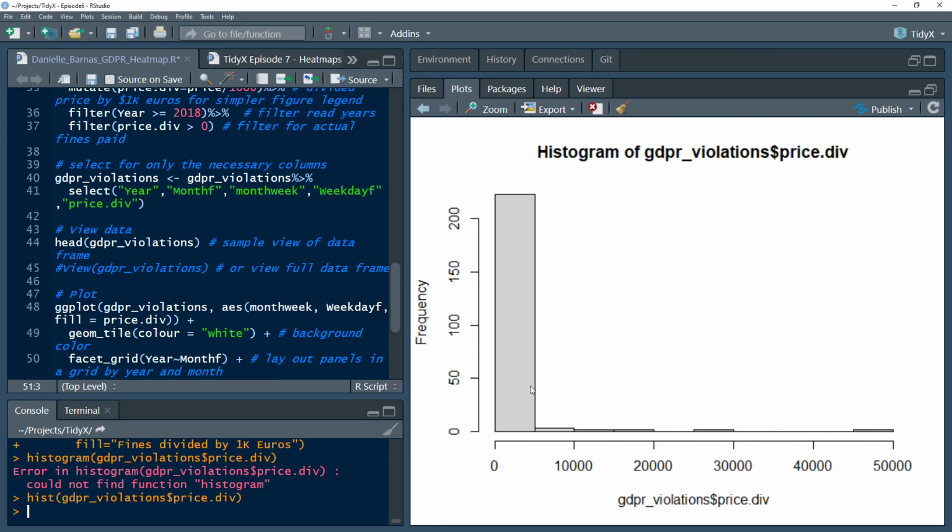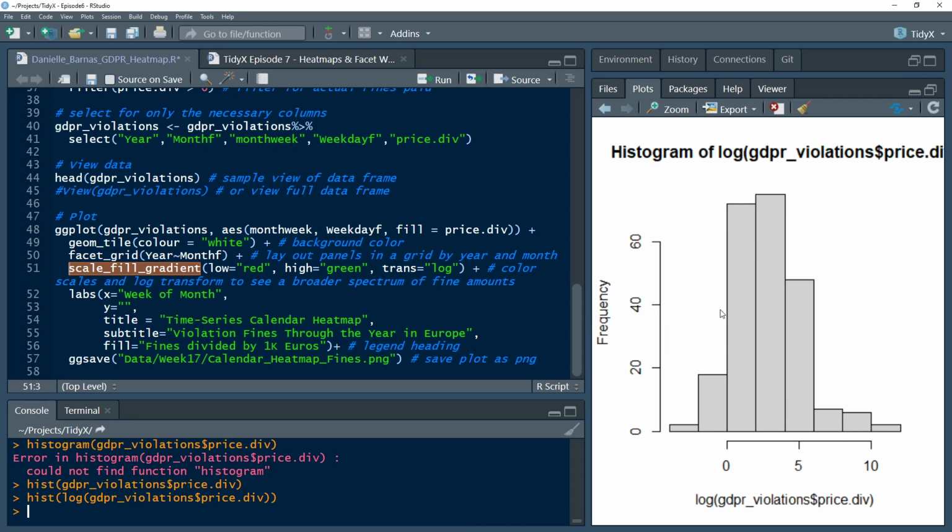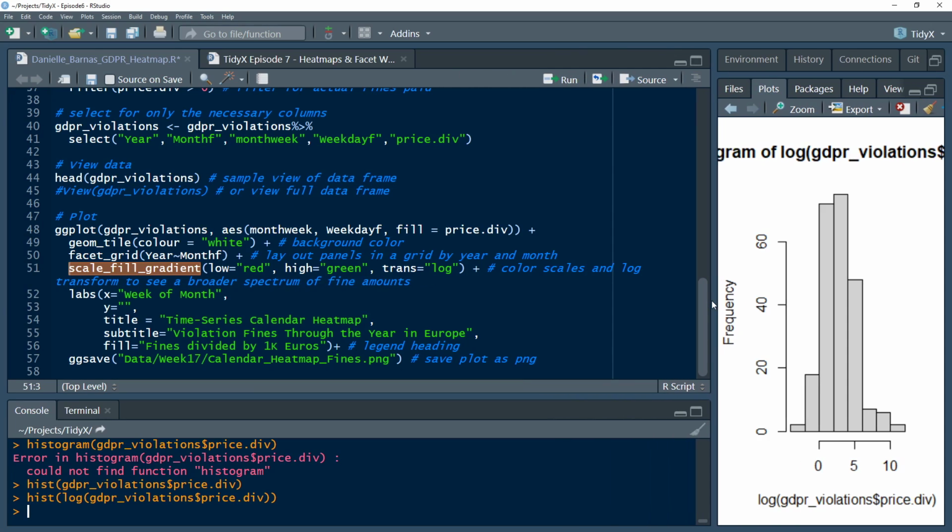Yeah. So now if you were to do a hist of the log of that, we get a bit more of a normal distribution on a log scale. Right? And that just makes it more visually easier to pick out some of the differences a little bit better in that mid-range there. It does change some of the properties. Like if you were analyzing it, it would change some of the ways that you interpret the outcomes and things